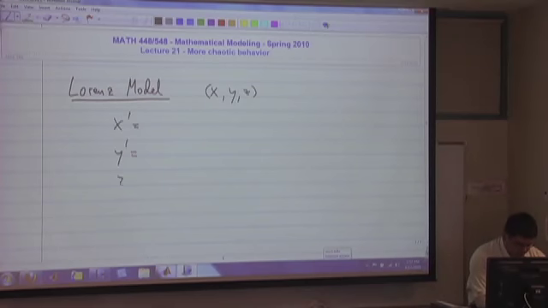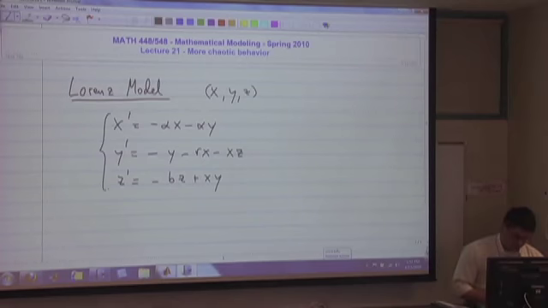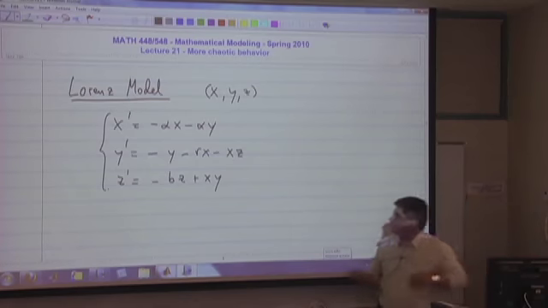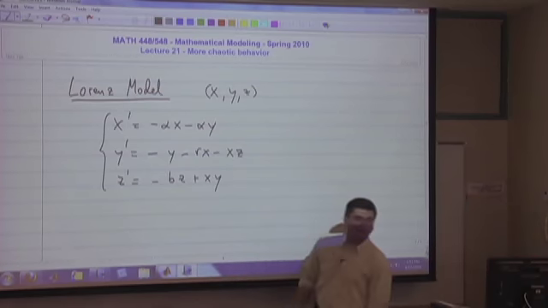Okay, but the striking feature of this model is how easy it is to write down. I'm going to use X, Y, and Z since I think last time we saw it like that. It consists of terms that are simply either linear or quadratic, right? So it's like predator-prey type terms, right? And